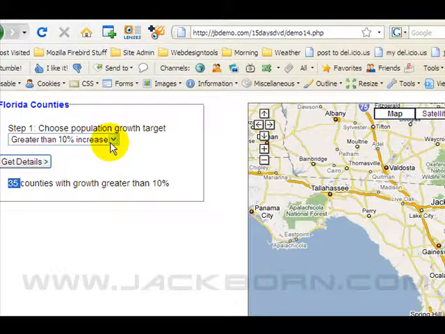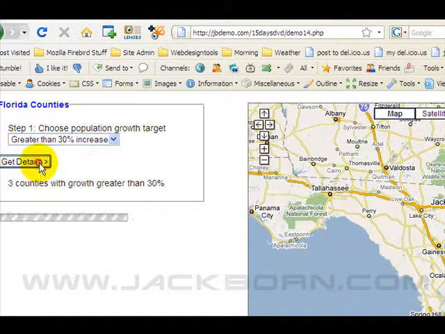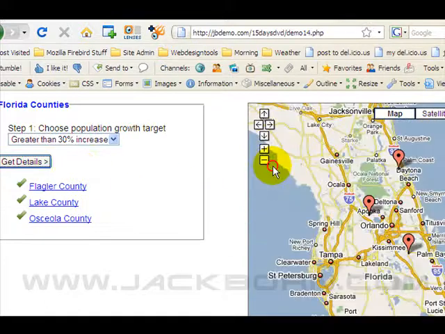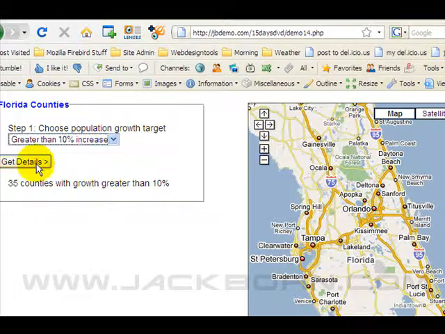But the other one is the usability of putting 35, 50, 75 pins on the map. It begins to lose its usefulness. Whereas when you're putting, say, 3 pins on the map, that's very useful information. But if you're putting, say, 35 pins on the map,